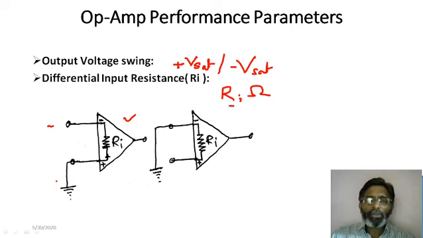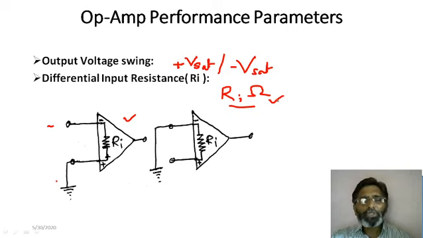For the op amp, this Ri should also be as high as possible. It is designed in that way, and ideally it should be infinite. This is also a very important parameter, because if your input resistance is low, then your amplifier cannot amplify the input signal you have given to it completely. So to get proper amplification, your input resistance must be as high as possible. If it is low, then there will be a loading effect and you will not get the intended gain. Suppose your op amp has a gain of 10, and you apply an input of 1 volt, you expect that your output should be 10 volt.